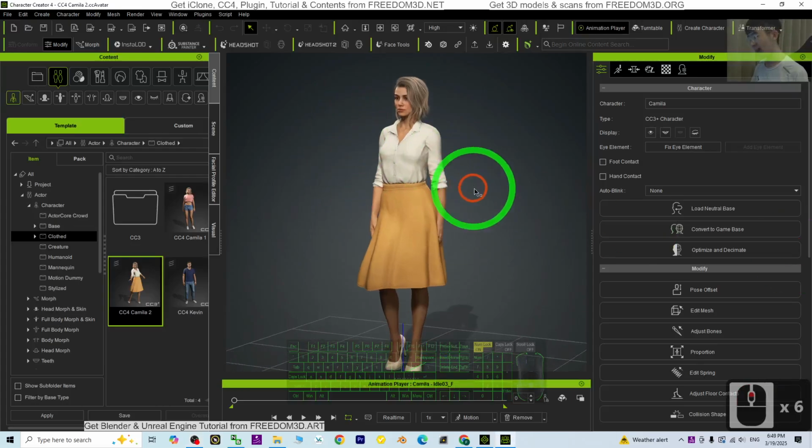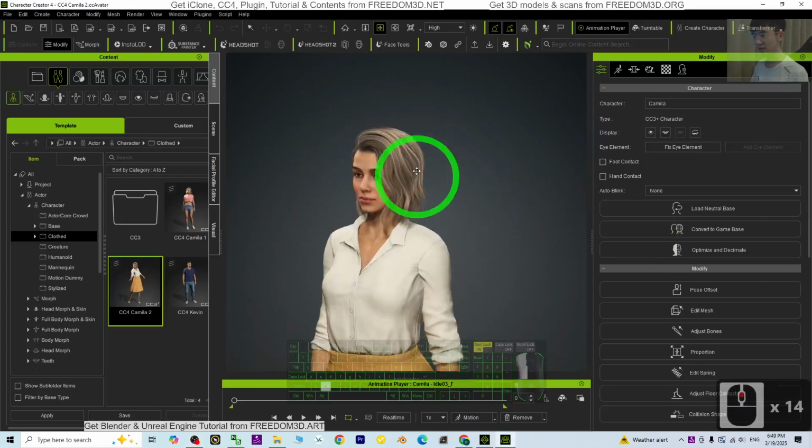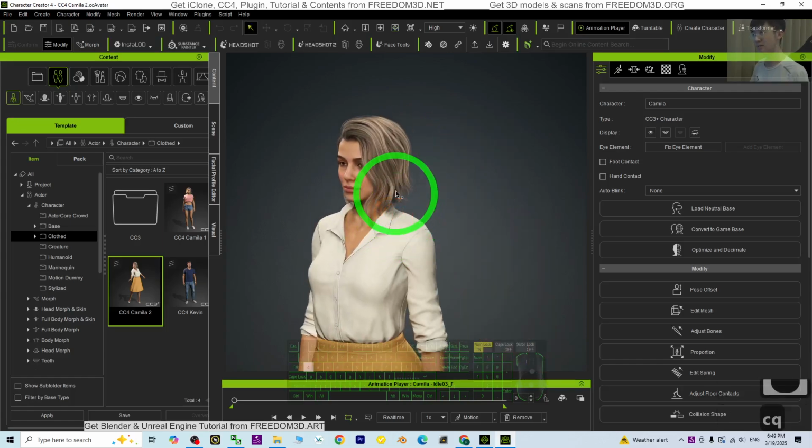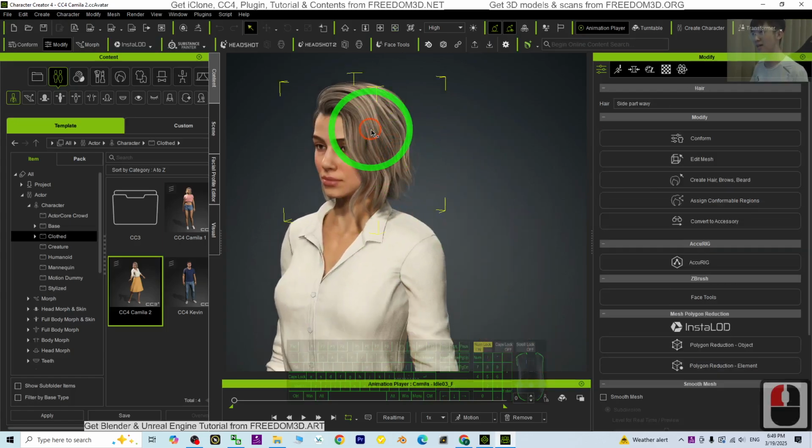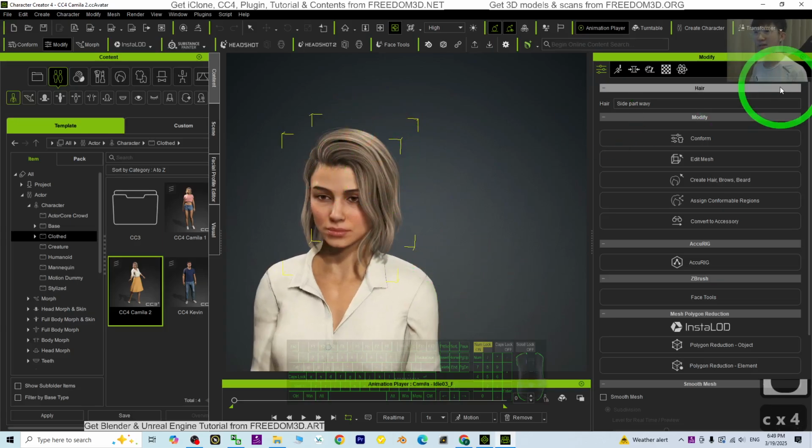How to make a black hair for any of your CC4 avatar. Just for example, the CC4 Camilla, it already has a hair. I just want to make her have a black hair. To make a black hair, just go to the